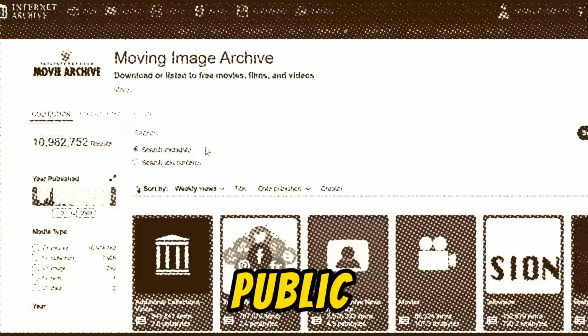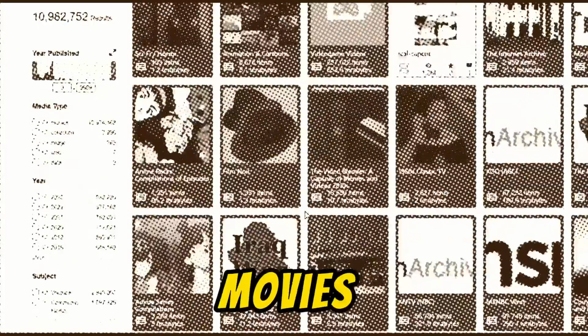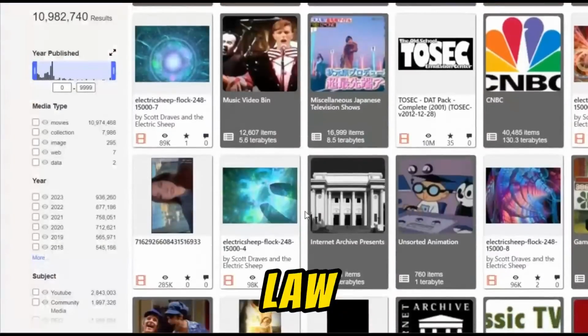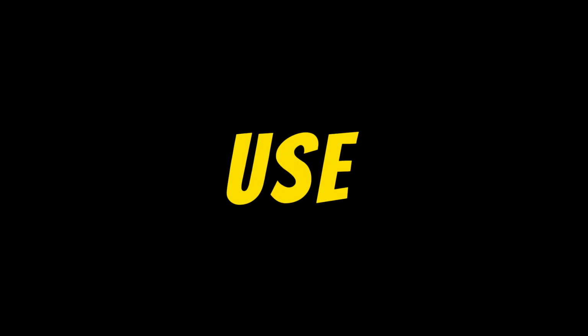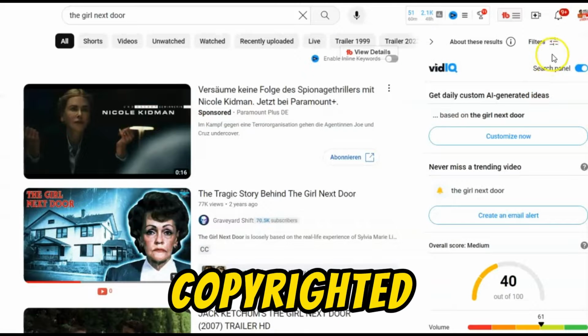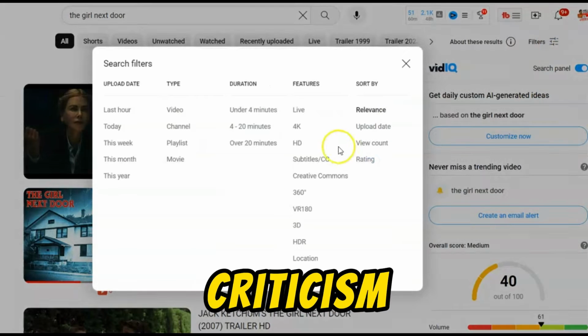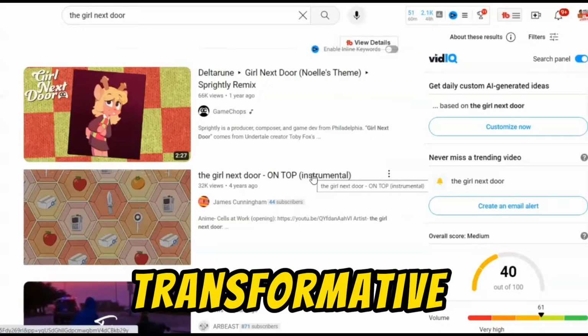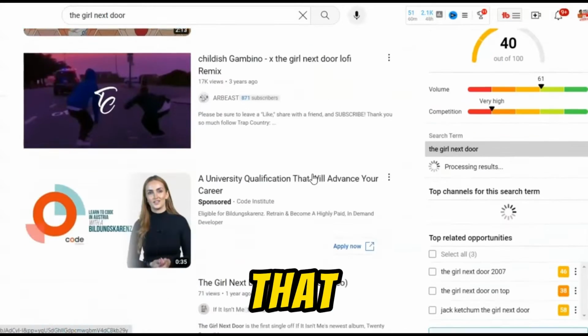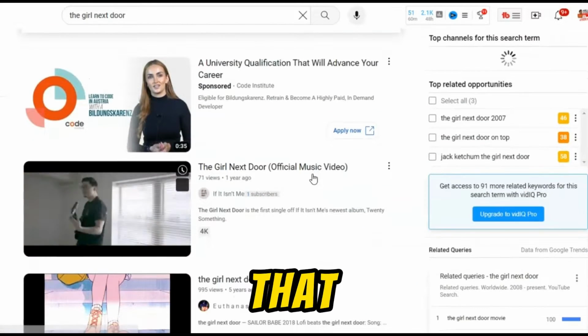Use clips from public domain movies. Public domain movies are no longer protected by copyright law and can be used freely. Use clips under fair use. Fair use allows the use of copyrighted material for purposes such as criticism, comment, news reporting, teaching, scholarship, or research. Create transformative works. Transformative works are new and original creations that use copyrighted material in a way that adds new